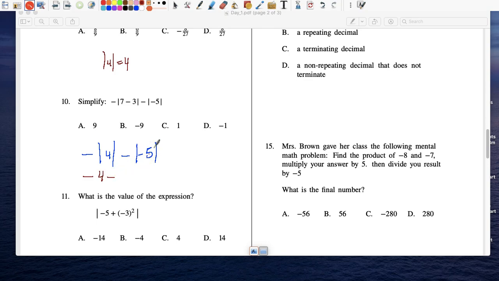And what's the absolute value of negative 5? So negative 5, how many units? Right, what's the distance from negative 5 to 0? Well, it's 5 units away, right? So the absolute value of negative 5 is 5. Now you're ready to put that in your calculator, and you should get negative